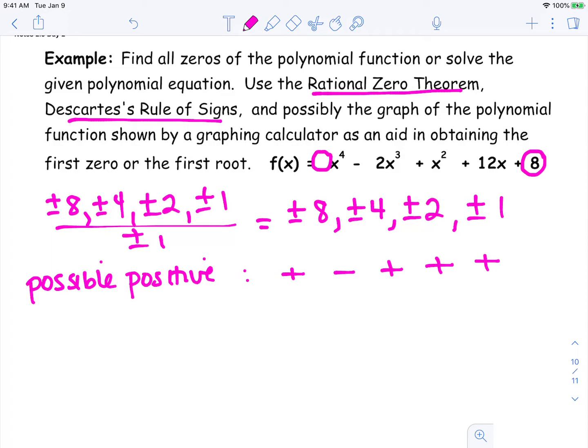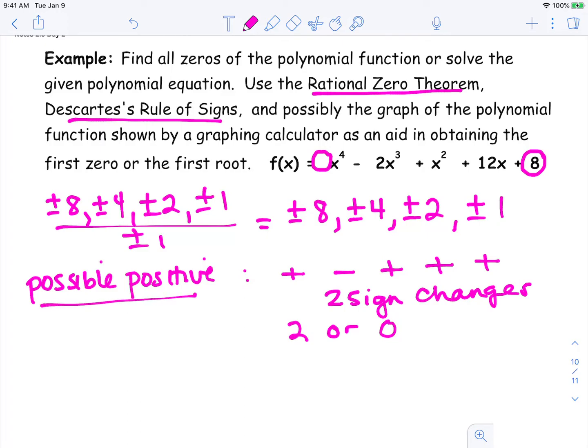So we have 2 sign changes. So that means we have 2, or go down by an even amount, so 2 minus 2 or 0 possible positive zeros. For the negative zeros,